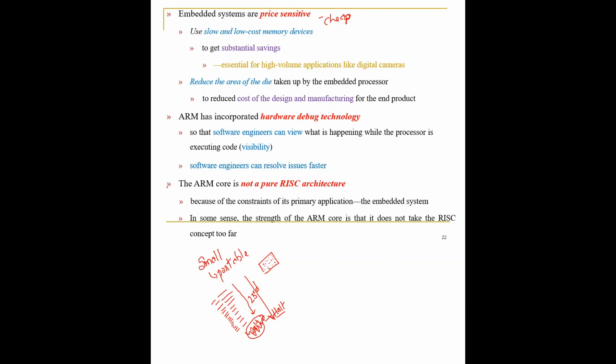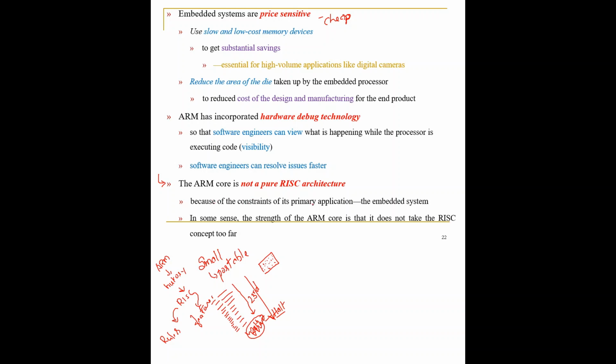Finally, a contradictory statement to make. Till now we studied about ARM, the history of ARM, what the RISC architecture is, the rules that are used in the RISC architecture, and the features of the RISC architecture. Finally, a contradictory statement: they say that the ARM core is not a pure RISC architecture. Why is it so? It follows almost 90% of the things in the RISC architecture, but it is not 100% pure RISC architecture.